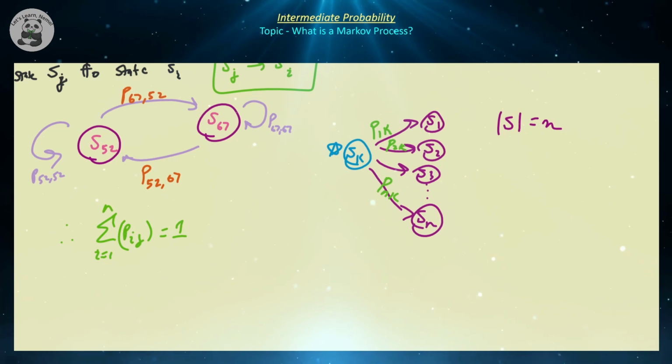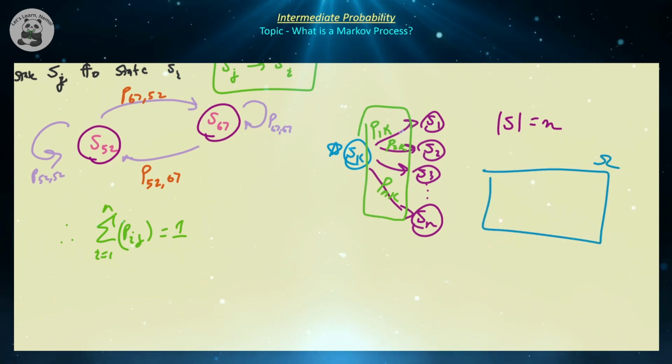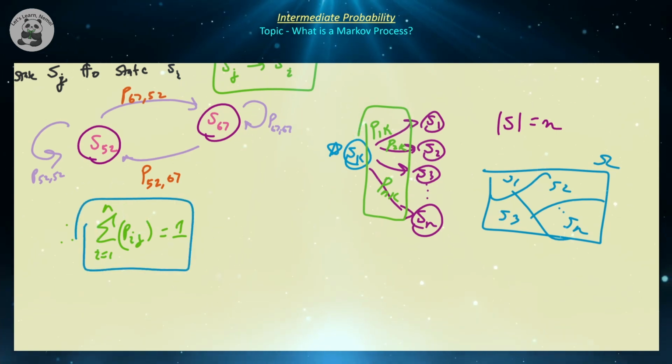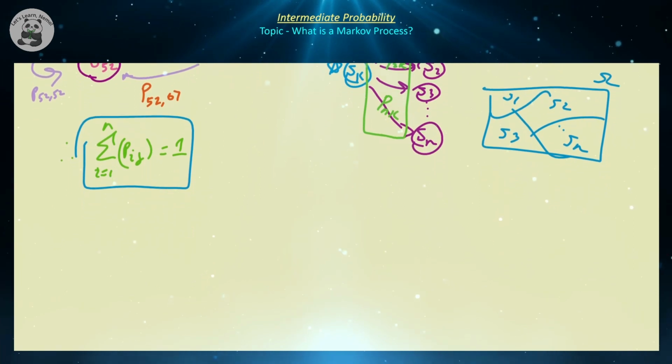So notice that the last index is always going to be fixed. That's going to be the place that we're coming from. And 1 to n is all the places that we could go to, right? So that means that the sum of this is equal to 1, because what you have here is some probability space sigma, and it's partitioned across your S1, S2, S3 down to Sn. So by the law of total probability, the sum of those probabilities must be equal to 1.